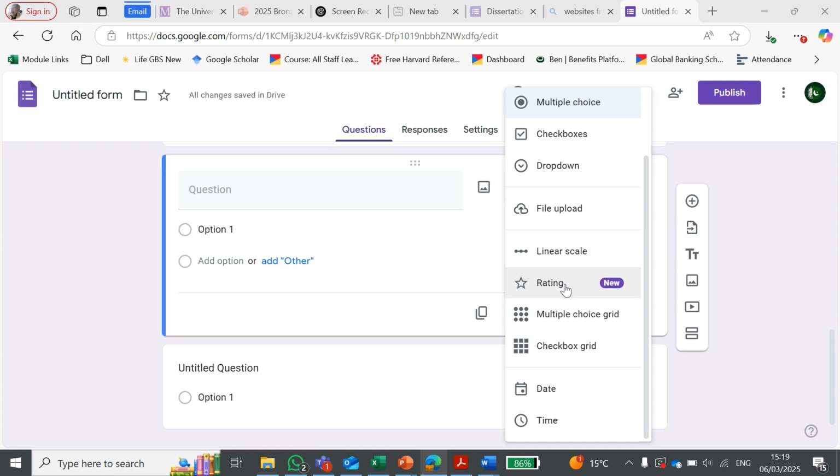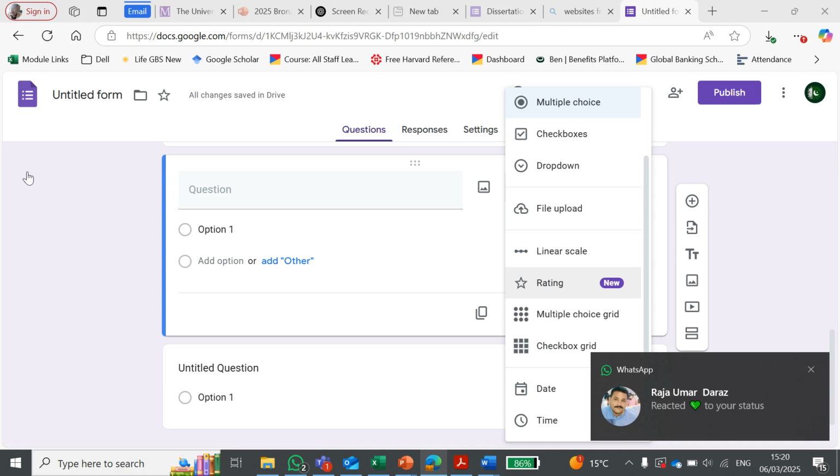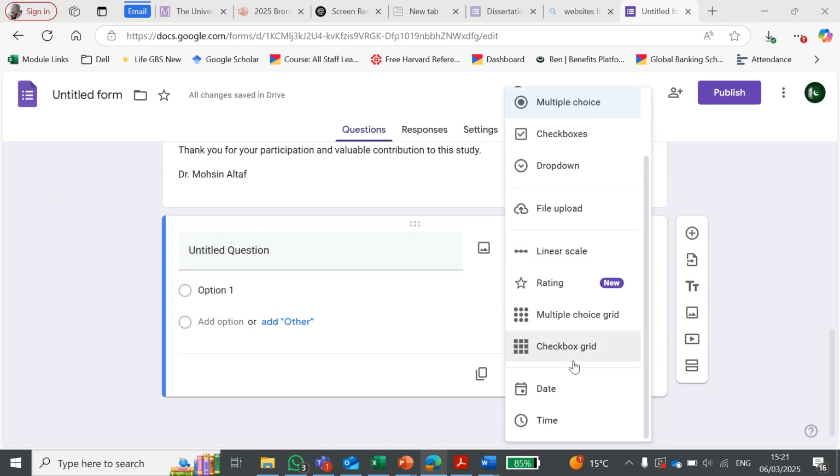This one is the rating. For example, sometimes if you purchase some product, you will find some star ratings, so you can also give some stars here, where the respondent will click on 1, 2, 3, 4, 5, 6, 7 stars, where you can collect the data in ratings. We have some more options here, just like the multiple choice grid, checkbox grid, where